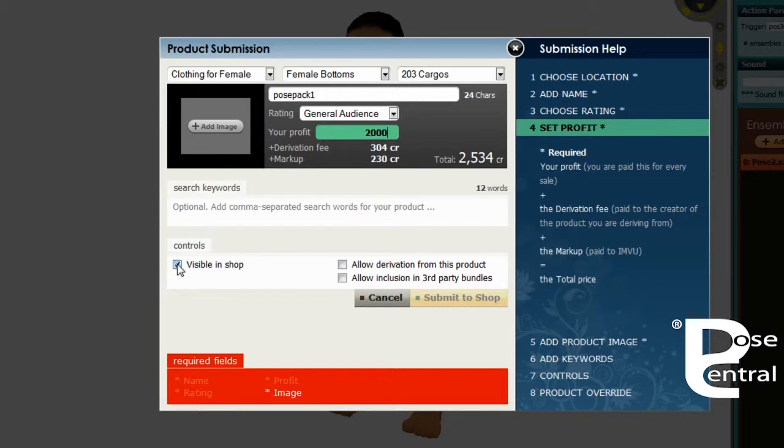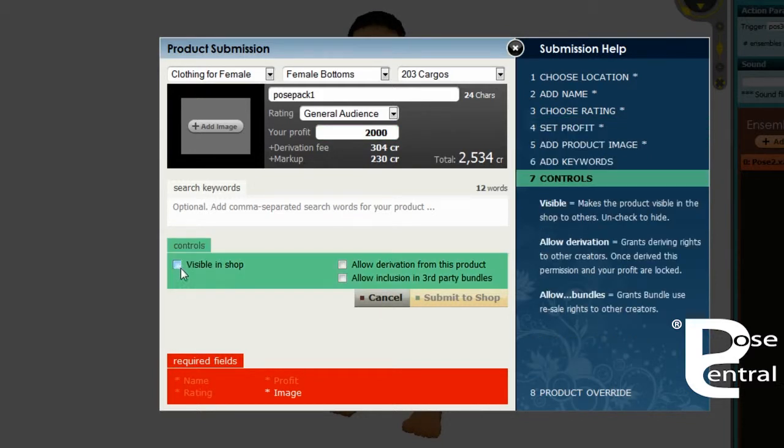If you want it visible in shop straight away when you submit to shop, then this is what you'll check, but I actually like that unchecked because I like to edit my product first and put it through peer review hidden, and once it's ready, then I'll unhide it. Allow derivation, well, that depends on what you're doing with this product. I never do, but I quite often allow it to be in bundles, so then I can make bundles myself for my products, but you can always